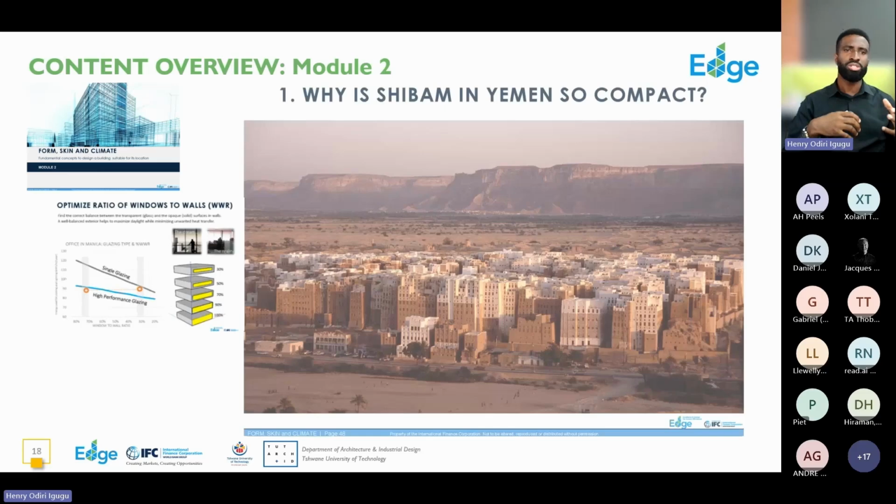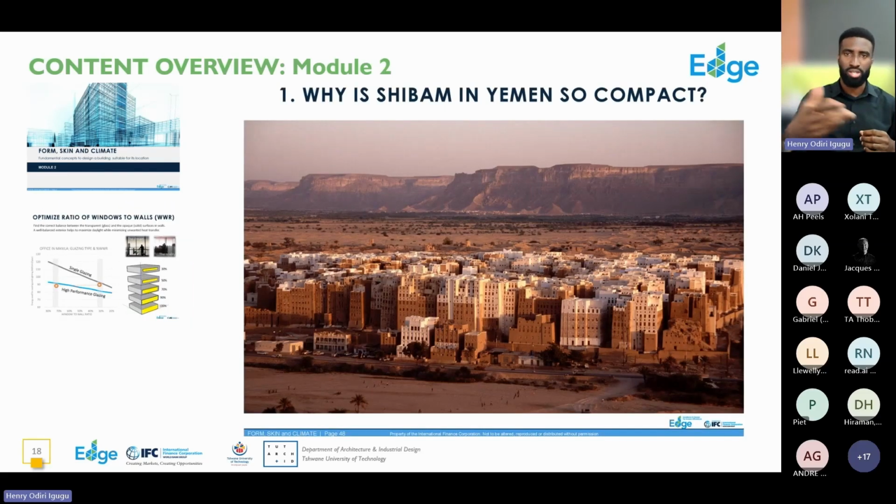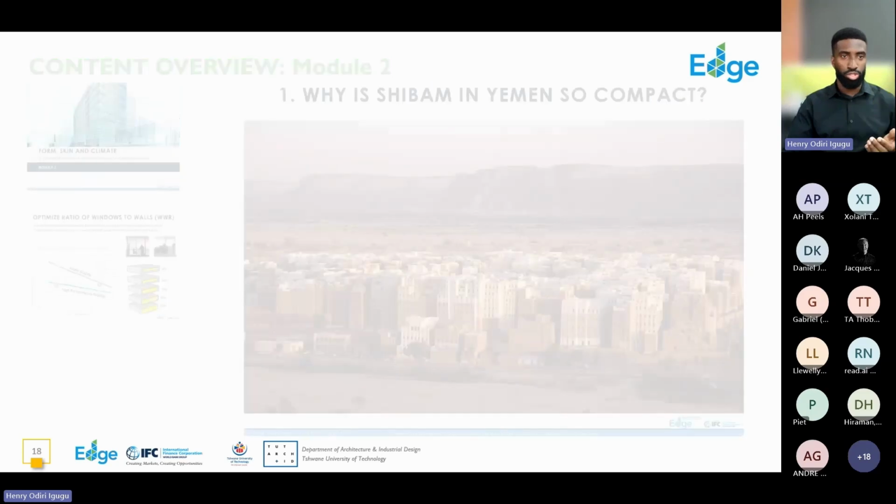But beyond even the practical or the theoretical implications, using the platform, we're also going to look at it from a global perspective and look at various case studies. Because the course is not only focusing on the South African application, we're also going to get an appreciation for the global context. So that is module 2.